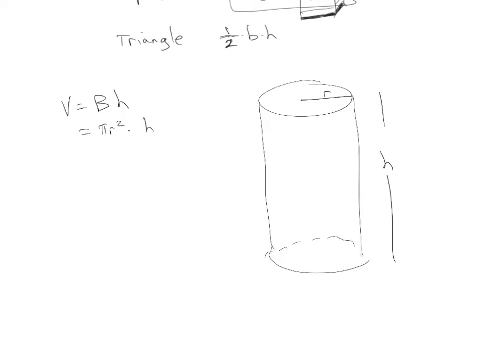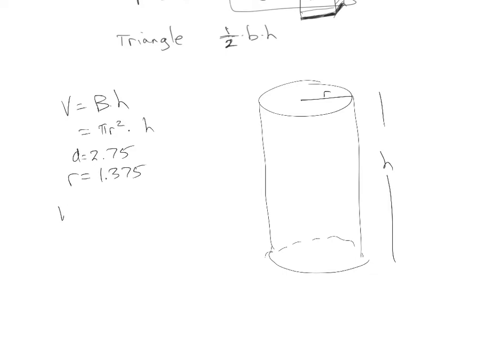So I need to measure, take my ruler, and I'm going to measure the diameter of this. It's easier to measure the diameter. 2 3/4 inches. This is a big can. So 2 3/4 inches, which is 2.75. That's my diameter. I need to divide it by 2. So my diameter is 2.75. The radius is